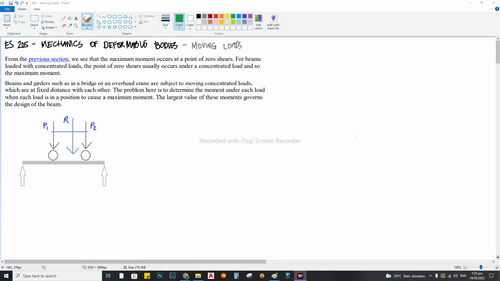Okay, welcome sa Mechanics of Deformable Bodies, ES205. Today, or this afternoon, we'll be discussing about moving loads. So, in your previous discussion, di ba, you already talked about the shear and moment diagram. So moving loads na daw. Sige. And you know that